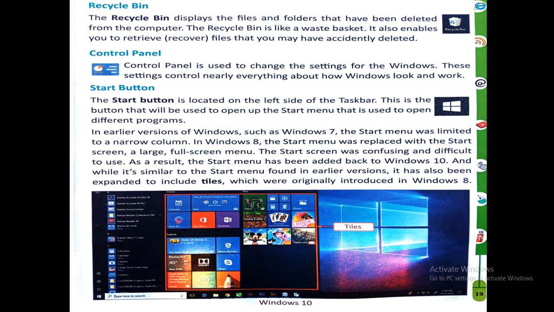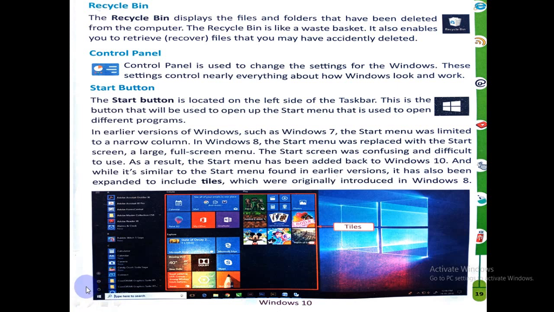This is the Start button. Clicking on it means opening the door of the computer and you can start the programs from here.